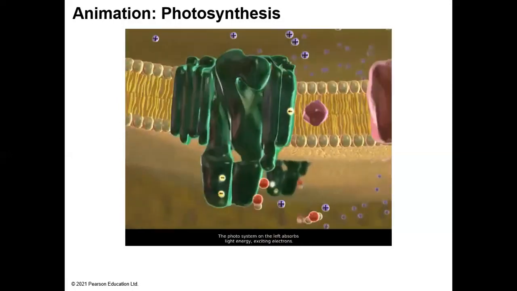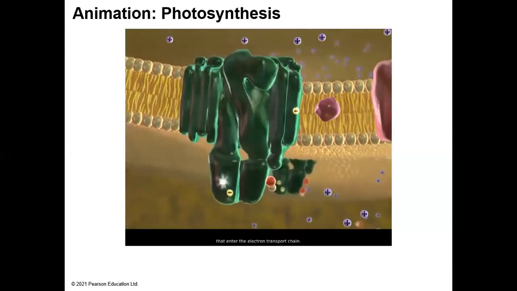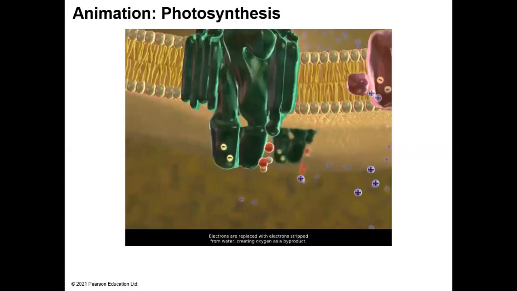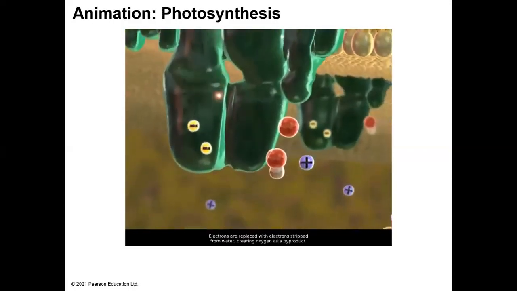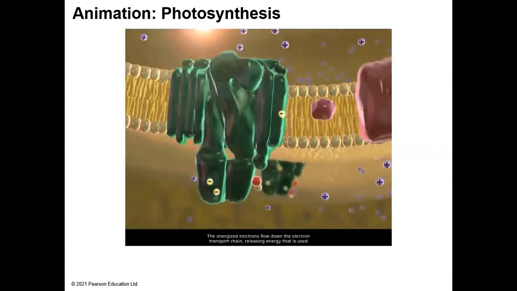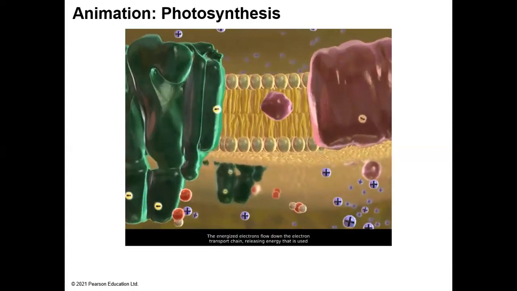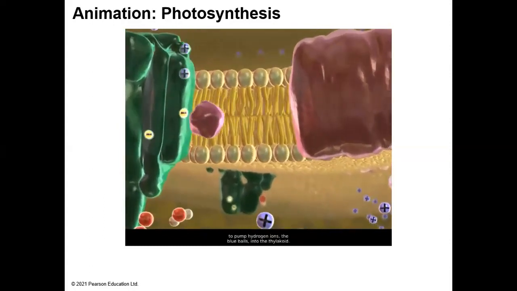The photosystem on the left absorbs light energy, exciting electrons that enter the electron transport chain. Electrons are replaced with electrons stripped from water, creating oxygen as a byproduct. The energized electrons flow down the electron transport chain, releasing energy that is used to pump hydrogen ions, the blue balls,